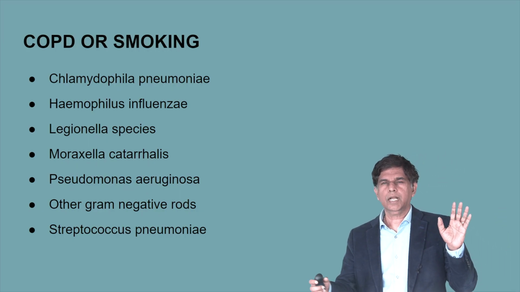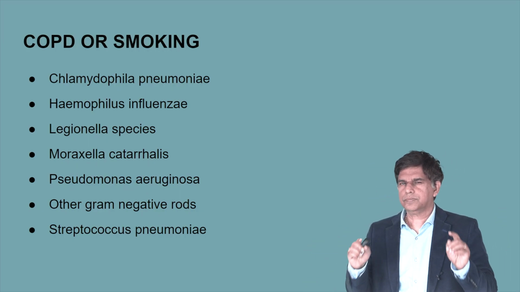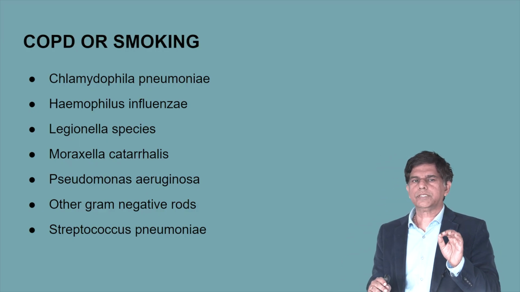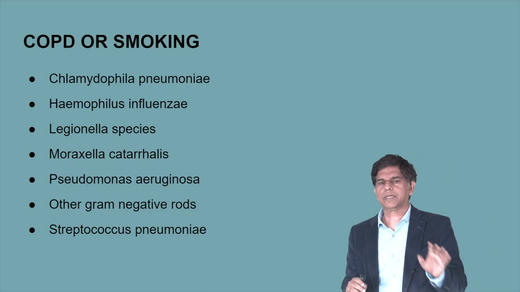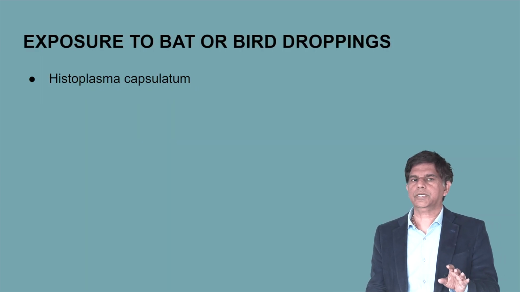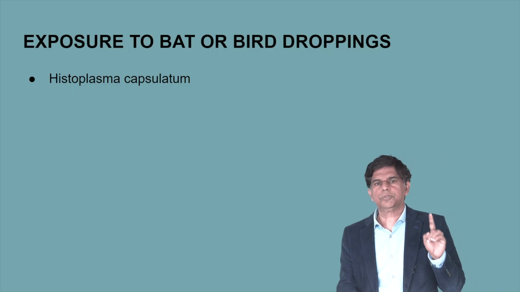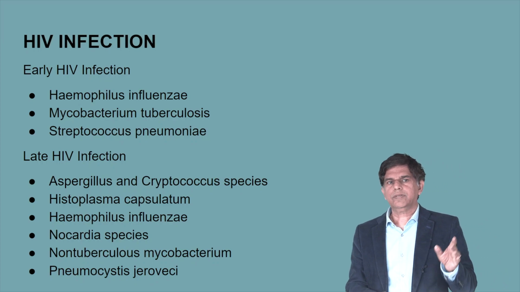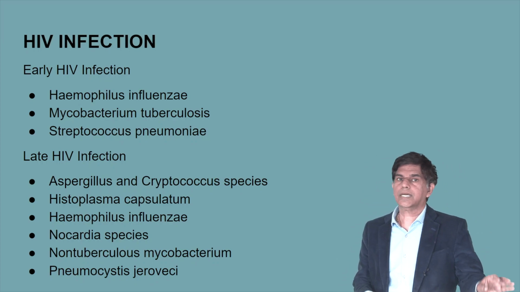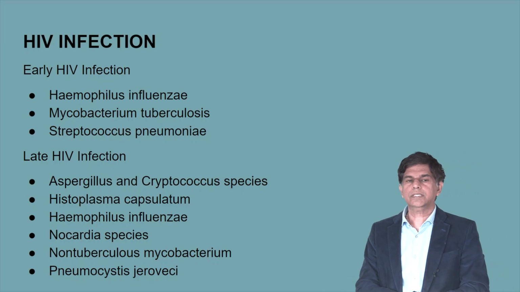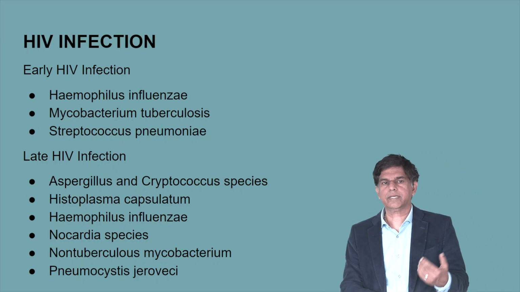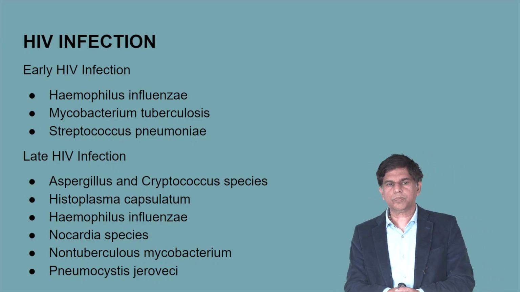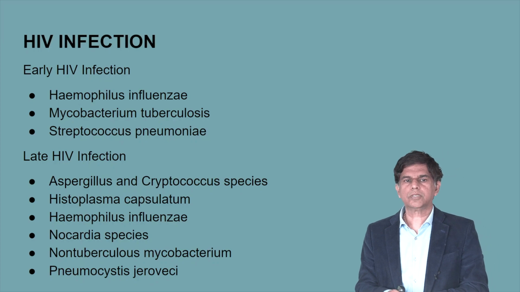When a COPD patient comes with pneumonia, which is very common, or a smoker, think of Chlamydophila pneumoniae, Haemophilus influenzae, Legionella, Moraxella, Pseudomonas, or gram-negative rods, and Streptococcus pneumoniae you need to be worried about. With exposure to bat or bird droppings, think of Histoplasma capsulatum. In HIV infection, there are two differences between early and late HIV infection. Early HIV infection, you have Haemophilus, Mycobacterium, Streptococcus, and late HIV, you can have Aspergillus, Cryptococcus, Histoplasma, Haemophilus, Nocardia, non-tuberculous Mycobacteria, and